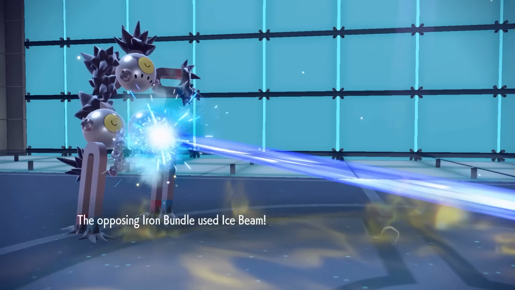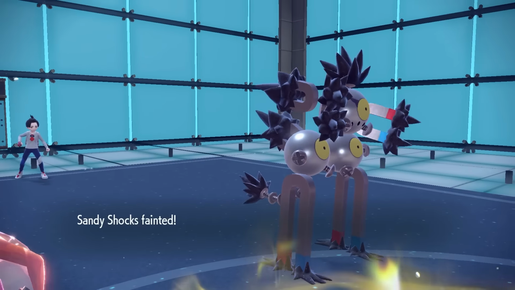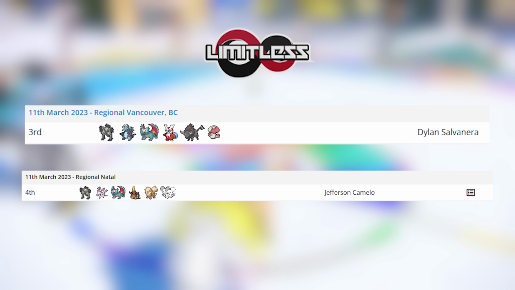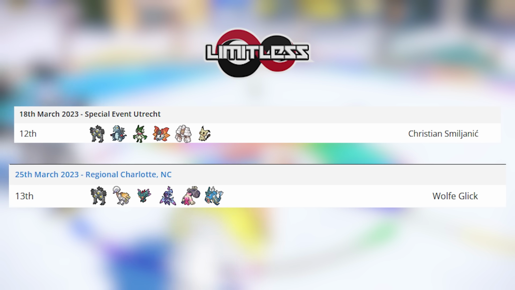Sandy Shox wasn't much good either, not having anything particularly impressive to offer. Though Photosynthesis offered more, it still wasn't all that much. It still notched some placements, though most notably, Dylan Salvanera 3rd at the Vancouver Regionals, and Jefferson Carmelo 4th at the NATO Regionals. Additionally, Christian Smiljanik reached 12th at the Utrecht Special Event, and Wolf Glick reached 13th at the